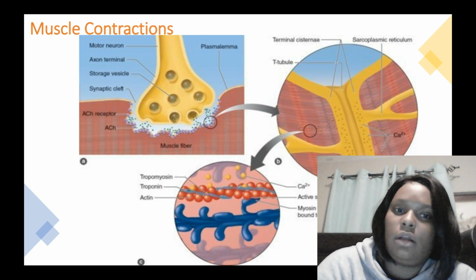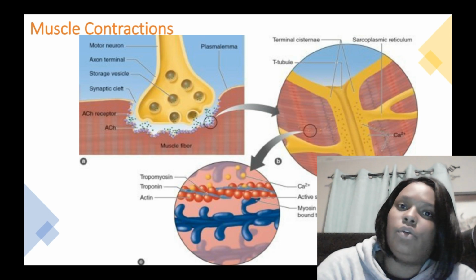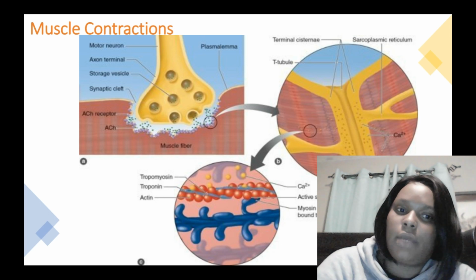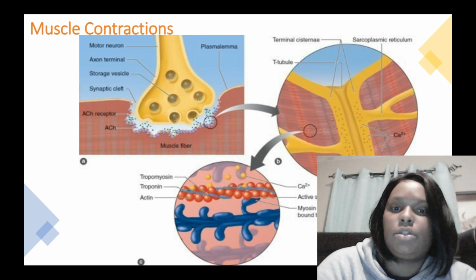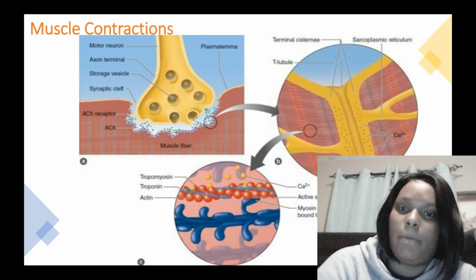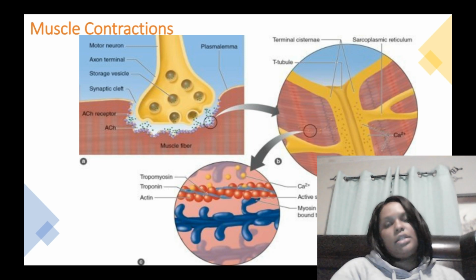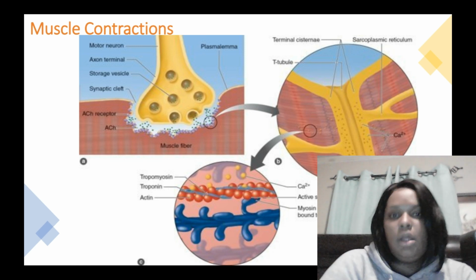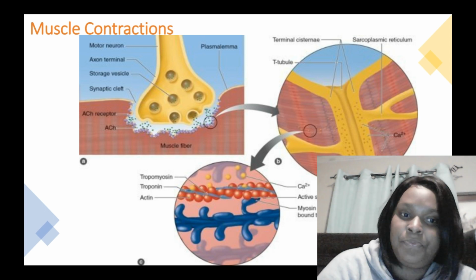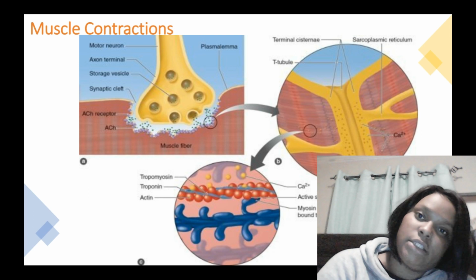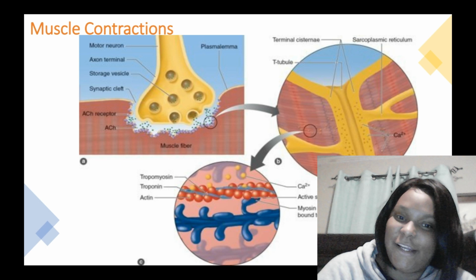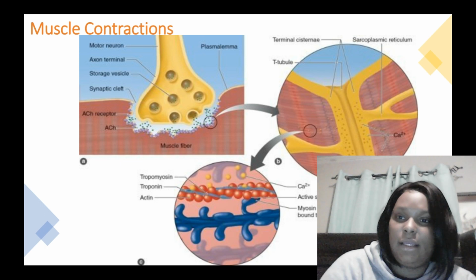And so basically the end of the muscle contraction is signaled when neural activity ceases at the neuromuscular junction. And so calcium is actively pumped out of the sarcoplasm and back into the SR for storage. And the tropomyosin moves to cover active sites on the actin molecules, leading to relaxation between the myosin heads and the binding sites. And so like a muscle contraction, muscle relaxation requires energy supplied by the